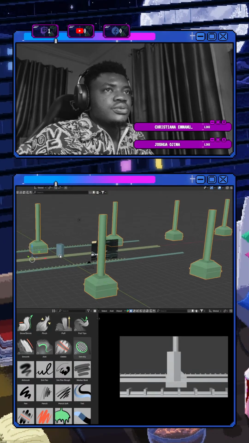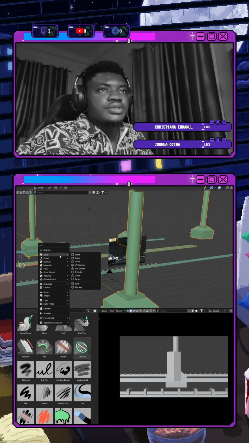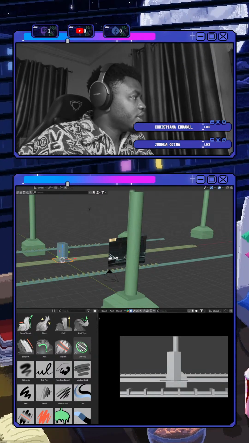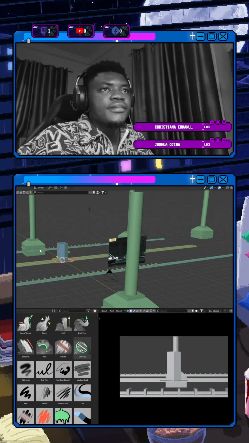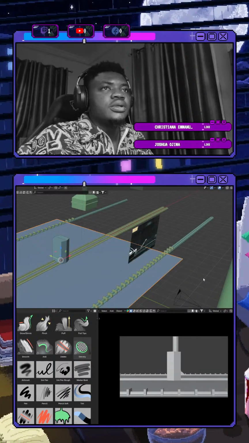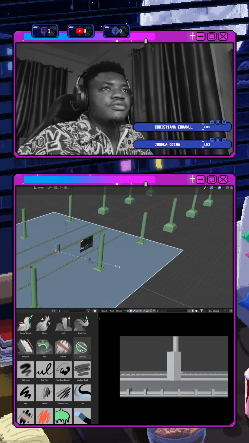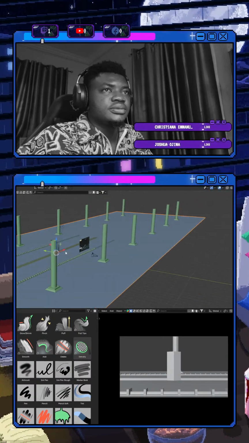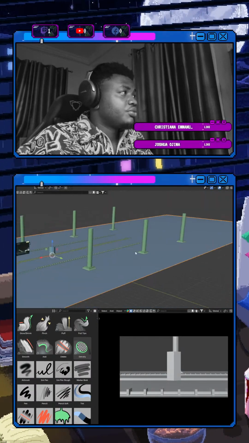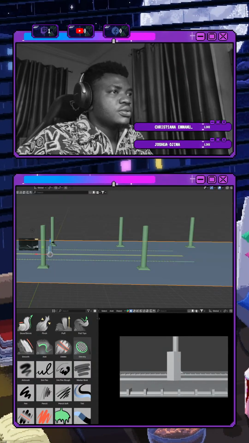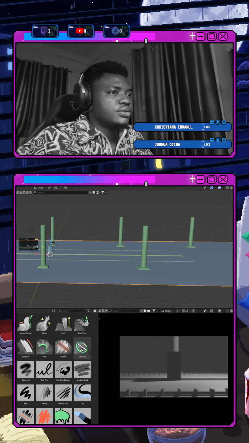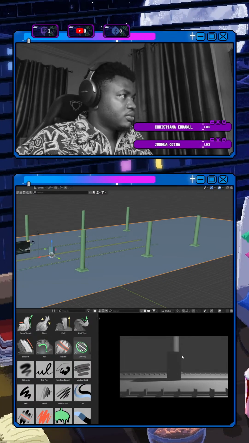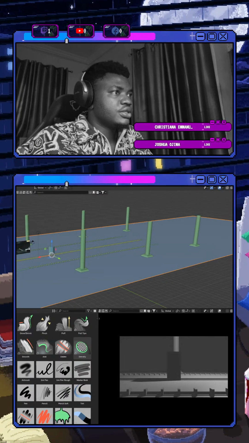So, floor with a mesh and do plane. Then you can just scale the floor up, scale on X axis. Now we have a floor. So let me change our camera to a rendered view so that we can clearly see what we are doing. I'm also going to change into my